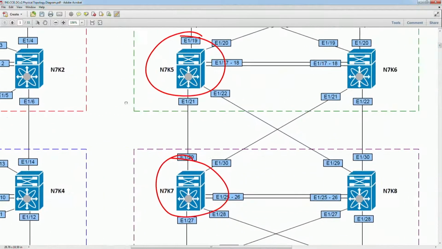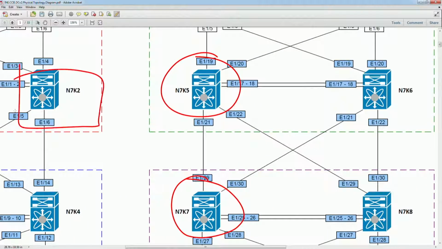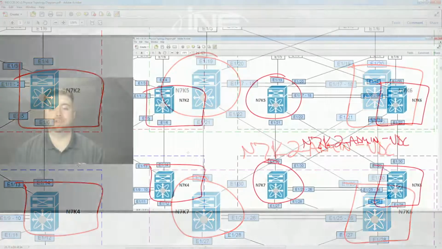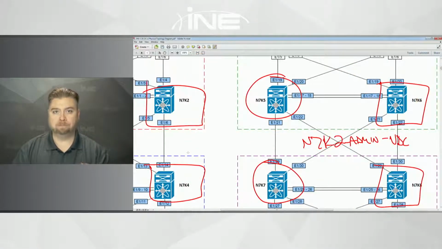And then likewise, the even number boxes, so 2, 4, 6, 8, 10, 12 here, these are belonging to the second physical box, which is going to be N7K2-admin VDC. But from a configuration in the rest of the control plane in the actual data forwarding, you could have one context that's running a completely separate layer 2 process or layer 3 process, like one is running ISIS, the other is running OSPF, and they're independent processes of each other, or both running OSPF, but they're running separate